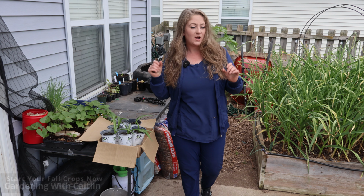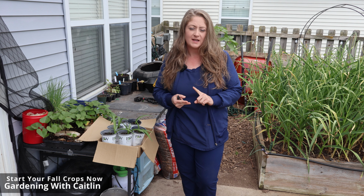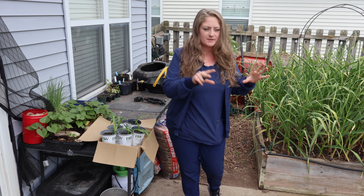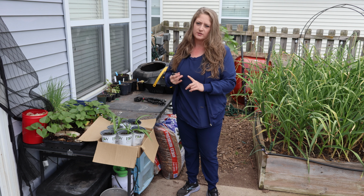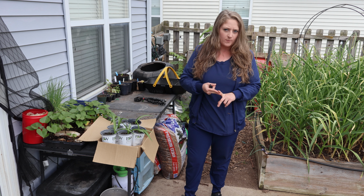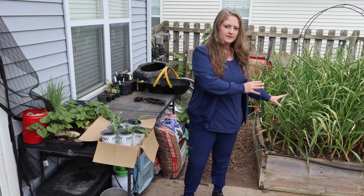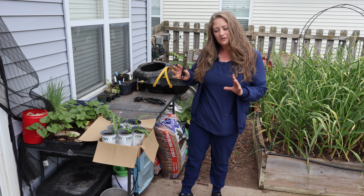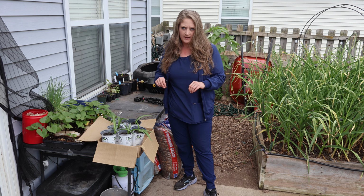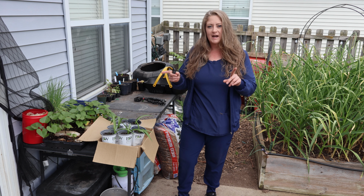Hey friends, welcome back. We are going to start our broccoli, cauliflower, cabbage, and Brussels sprouts today. Starting them today indoors so they're protected from the white butterfly spawn and so they won't bolt. And then we're going to plant them out late summer for a fall crop. So starting them now. In my area, I think this will work well because I'm trying something different from last